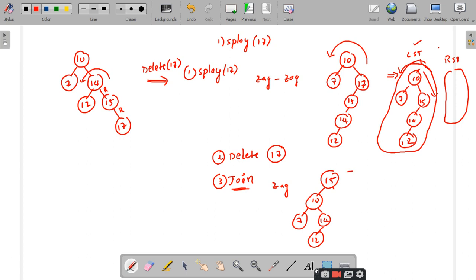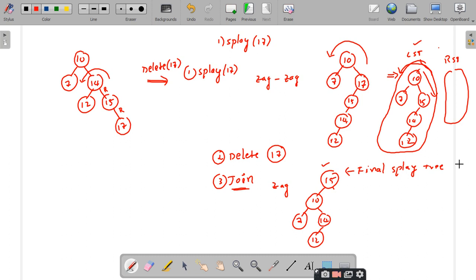Right. So this is the final splay tree or the resultant splay tree. Never ever leave the left subtree as it is. Why? Because you have to perform an additional operation where you have to splay the largest element from the left subtree for performing the join. So once you perform the splaying of the largest element from the left subtree, that becomes the final splay. Is it clear up to this point?